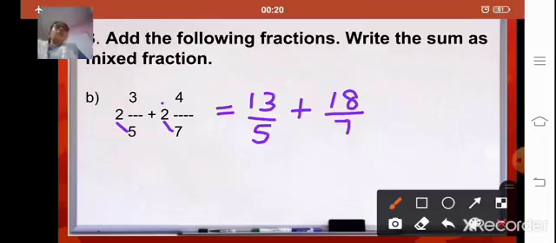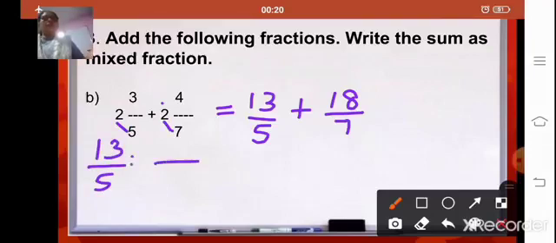Okay, now you have got the denominators as 5 and 7. Prime numbers, so you can directly write the LCM as 35. Even if you find the LCM of 5 and 7, you will get the answer as 35. So when you have to make the first fraction, that is 13 upon 5